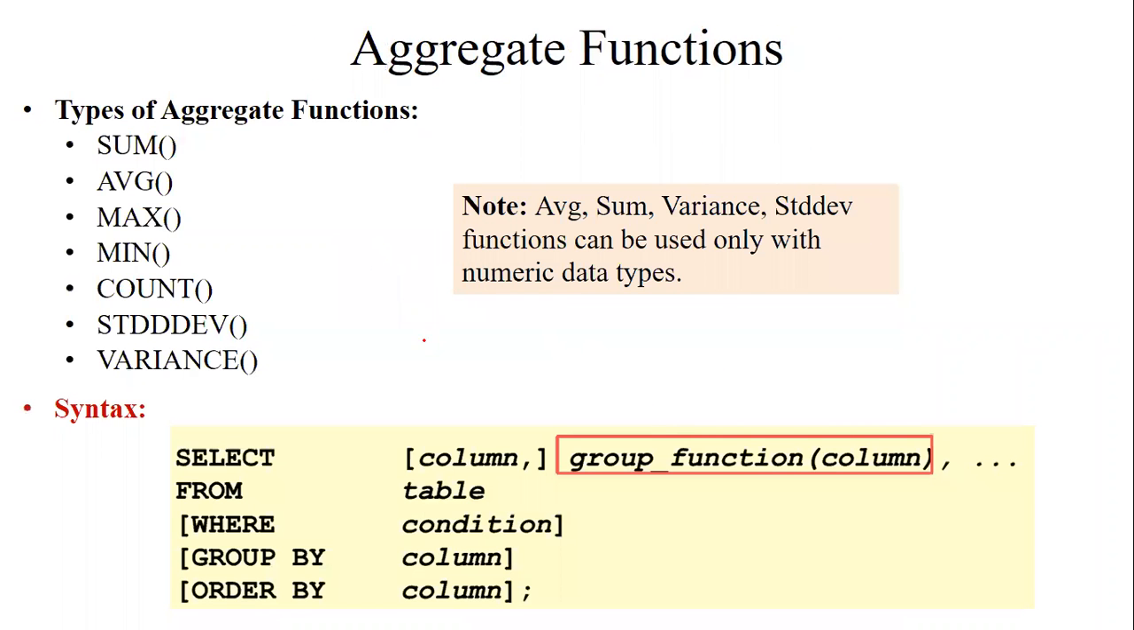Similarly, there are other aggregate functions like sum, average, max, min, count, standard deviation, and variance. All these functions you can utilize to compute a single value from a column, or from multiple rows. Keep in mind that functions like average, sum, variance, standard deviation operate on the